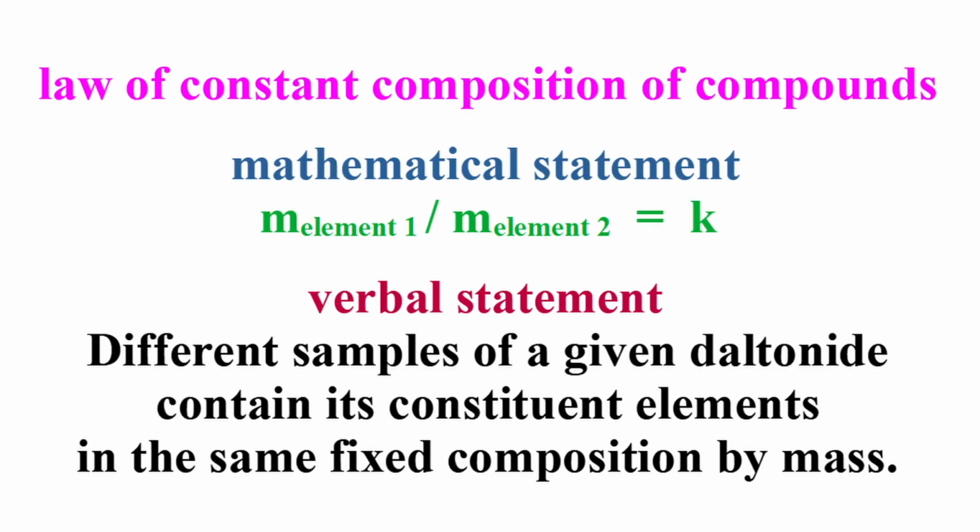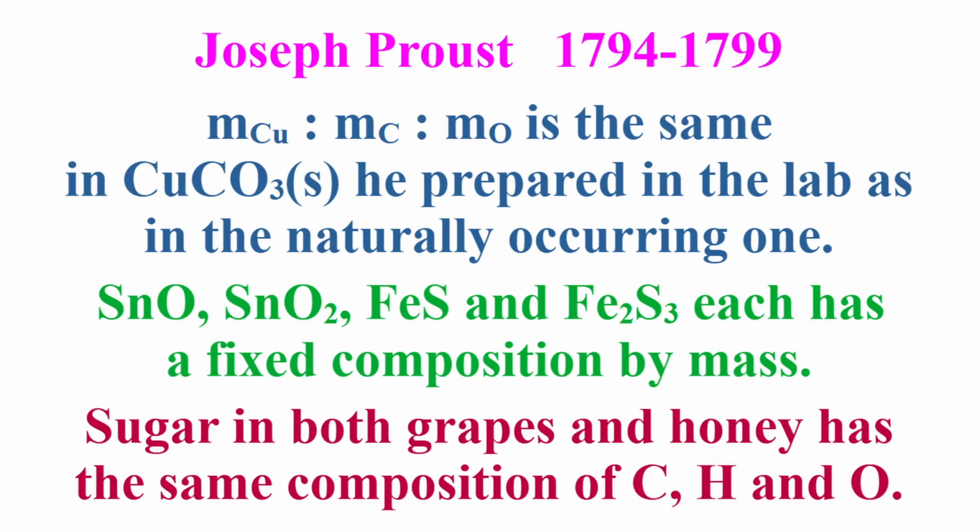The corresponding law is called the law of constant composition of compounds, whose mathematical statement is: mass of element 1 in a given sample of a compound divided by mass of element 2 in that same sample is a constant. The verbal statement is that different samples of any given Daltonide contain its constituent elements in the same fixed composition by mass. The law of constant composition was discovered by Joseph Proust in